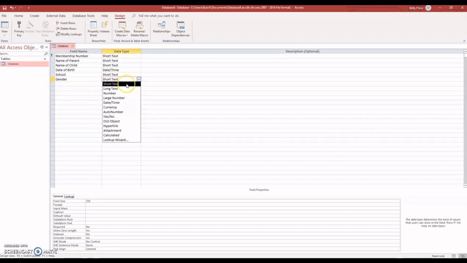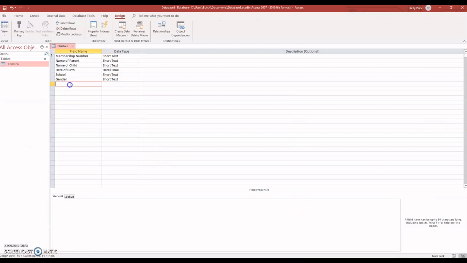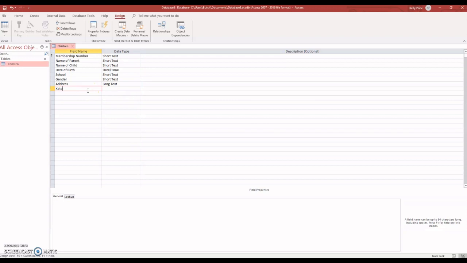So I'm going to do that short text, then I'm going to show you a trick later that you can do to get what you want out of that. So gender, address, of course, and the date joined. So address, I would probably put that as long text, and date,